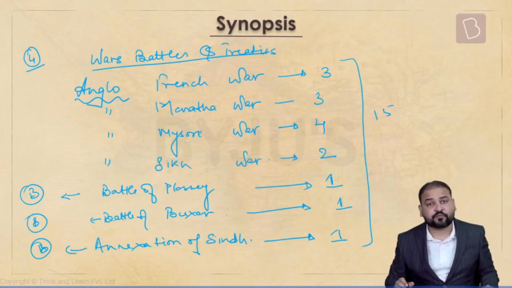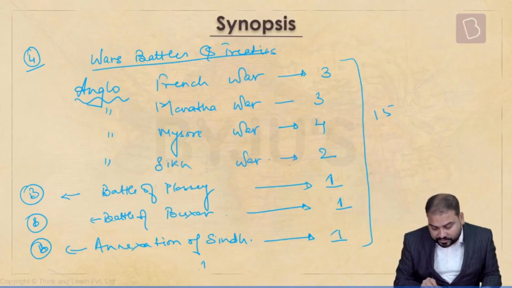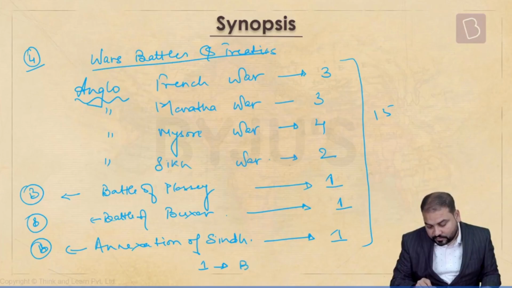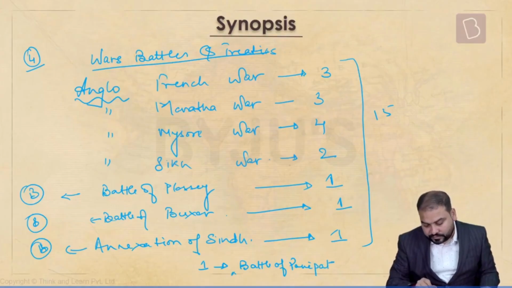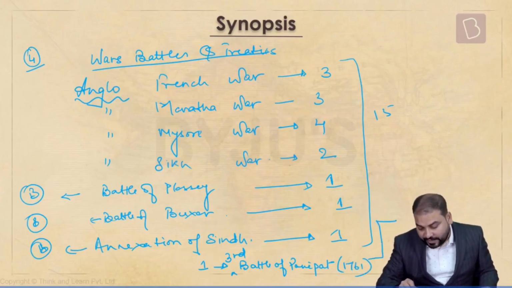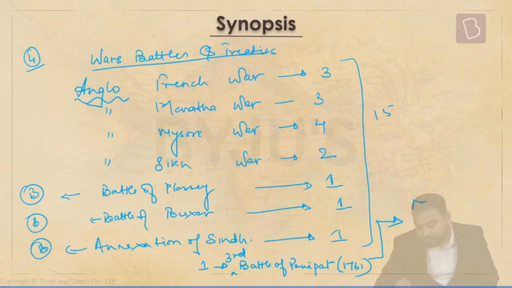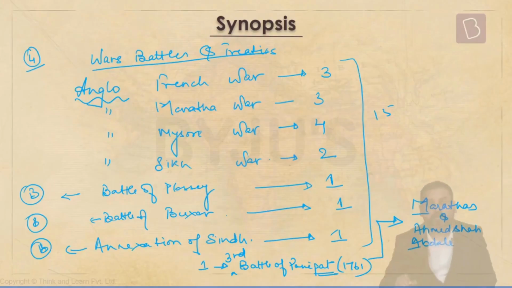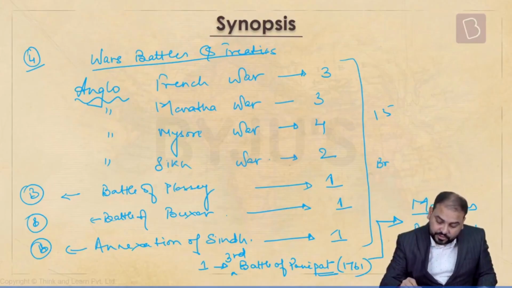And apart from these 15 wars and battles, one more chapter that we shall study here will be the Battle of Panipat. This is the 3rd Battle of Panipat, which happened in 1761. And here, the 2 sides will be the Marathas and Ahmad Shah Abdali. And you will see that even this war will be helping the British in order to consolidate their rule